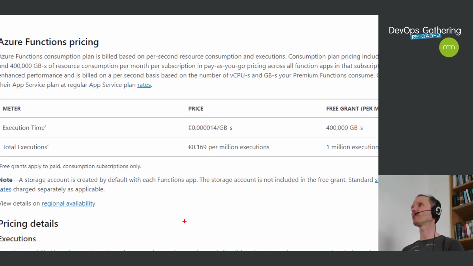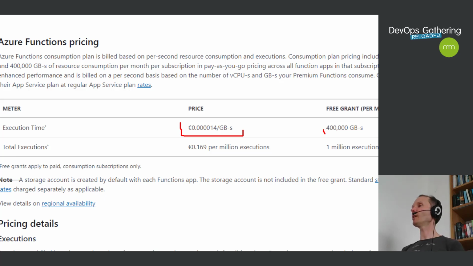But that's just theory, of course, obviously. Nobody knows exactly how many gigabytes of memory you will use over the course of a month and how many CPU cycles you are going to use. So at the end of the day, you cannot really decide upfront how much your serverless solution will cost. You know the amount of money you have to pay is the multiplication of processor CPU seconds multiplied by gigabytes of working set memory. And this is a 0 with a lot of following zeros and then a 1,4 per gigabyte second. So it's a variable pricing.